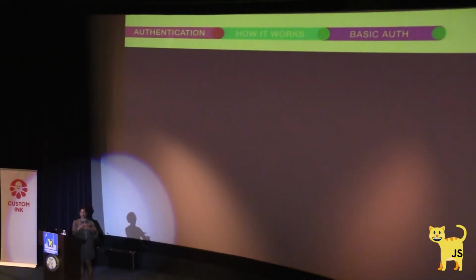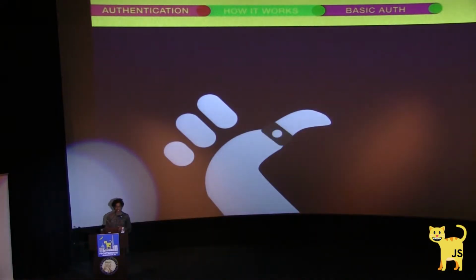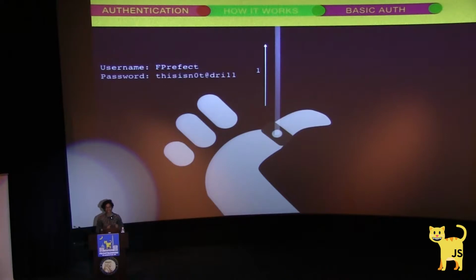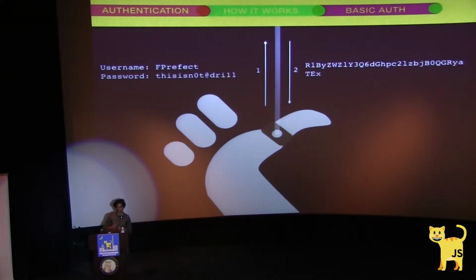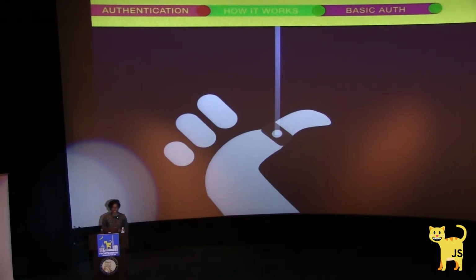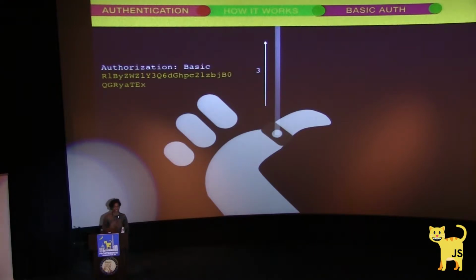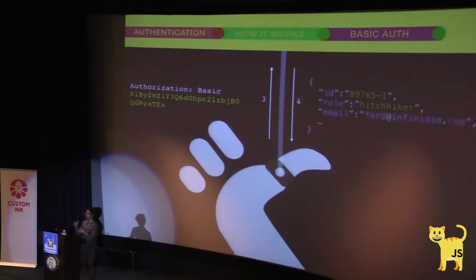So basic is the most base level authentication you could possibly have. And the idea is that, yes, you have your electronic thumb, and you're sending a username and password up to the server. And the server responds in kind with some text, a bunch of numbers. And then you're like, cool. And so anytime you access a service that requires authentication, you're sending an authorization basic header, which allows you to then get resources that are protected. And then the server sends you JSON or HTML or whatever else you need.